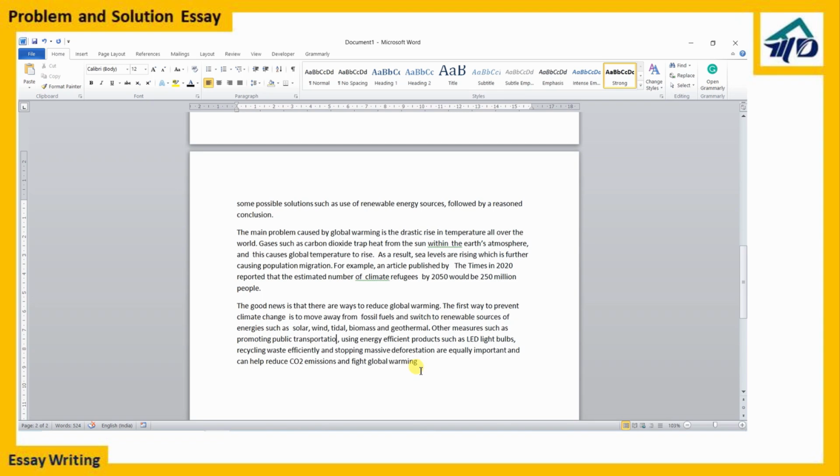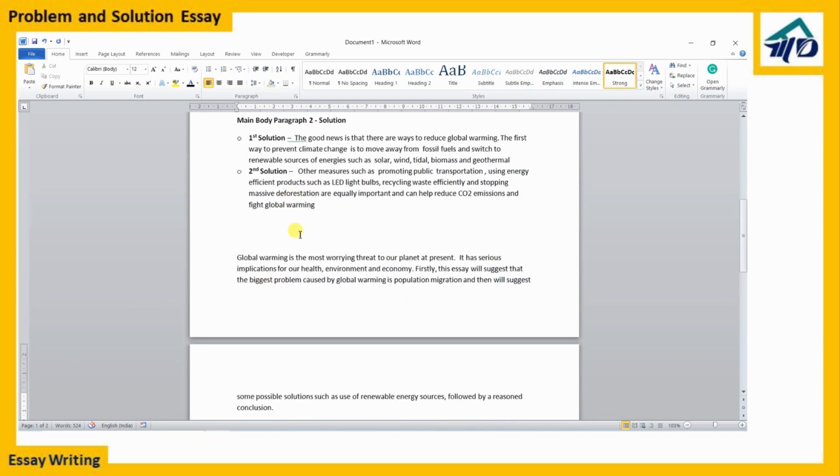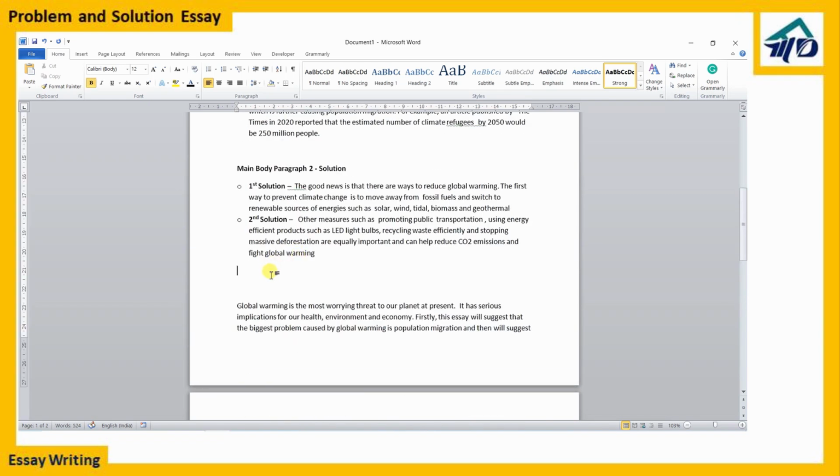Now I just need to conclude it. And how is the conclusion going to be? The conclusion is going to be very simple. I just need to keep my points in mind. What are my points? Problems such as sea level rise, and solution: energy efficient devices. So I will simply write, this is a very common one, to conclude,